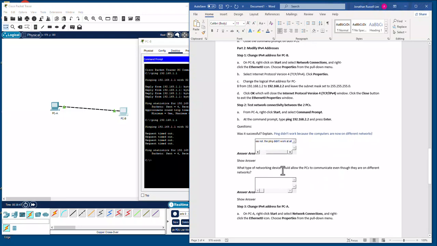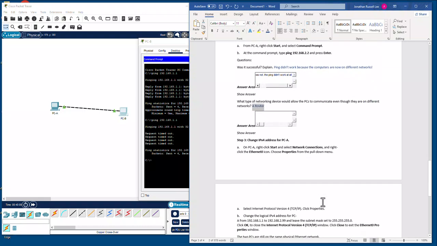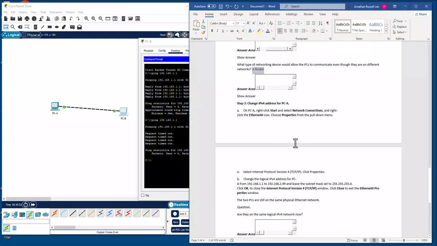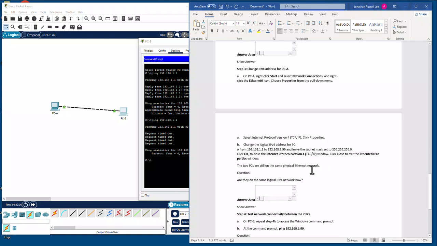Okay, what kind of networking device would allow PCs to communicate from different networks? Well, a router. And I'm going to highlight this blue. There it goes. Okay, now change IPv4 addressing for PCA. So we're going to change the address for PCA to